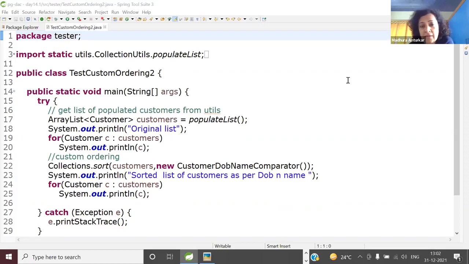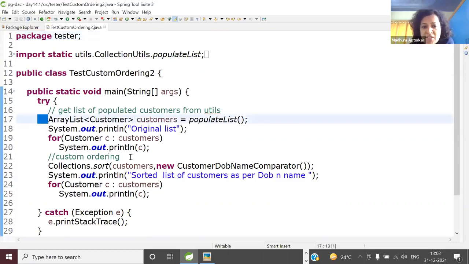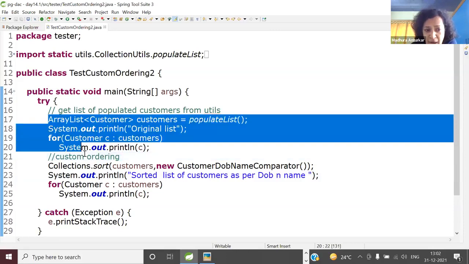Done? Okay. So now I'll ask you line by line or step by step. I'll slightly change the requirement: sort the list of customers as per DOB and name. No problem. So tell me this part, change or no change.